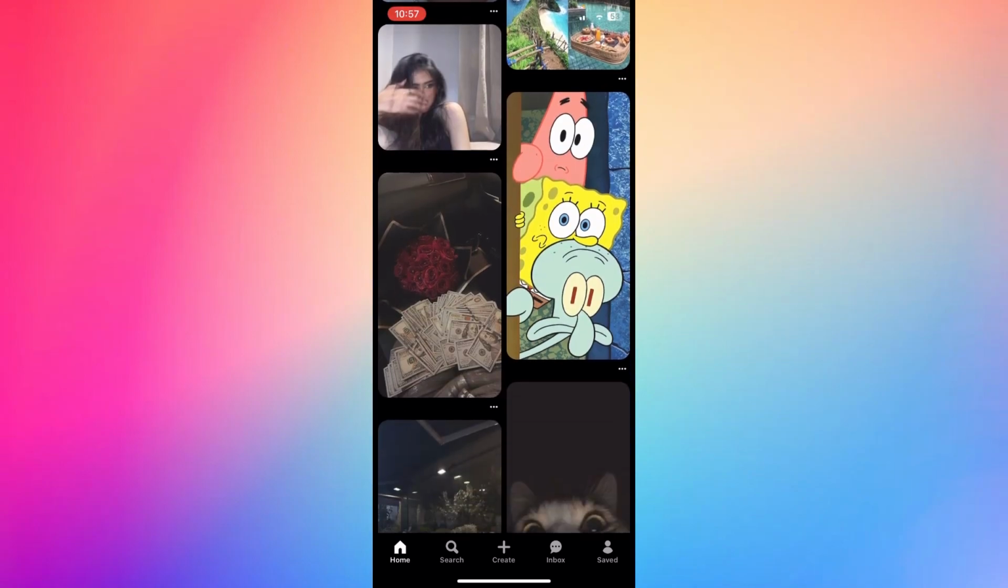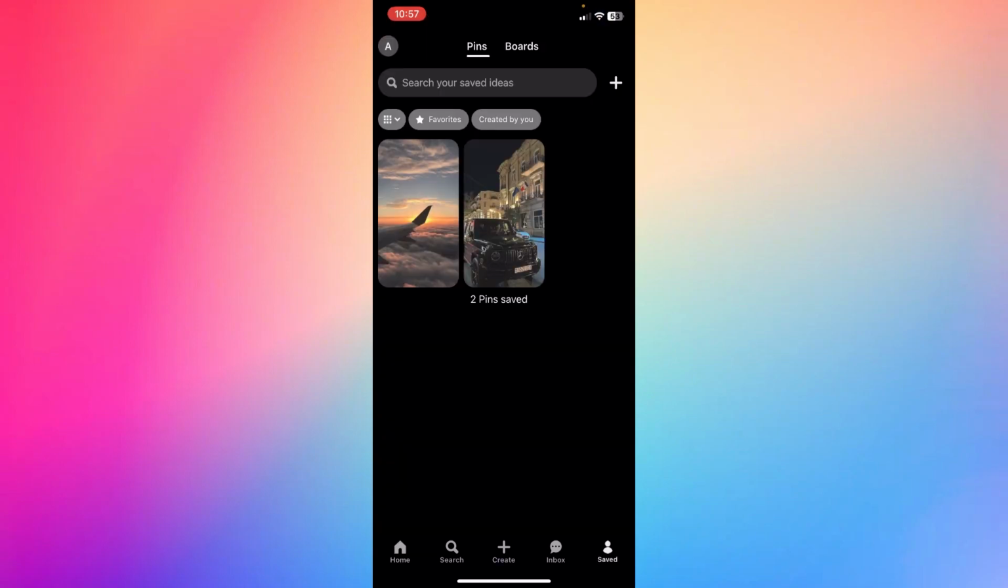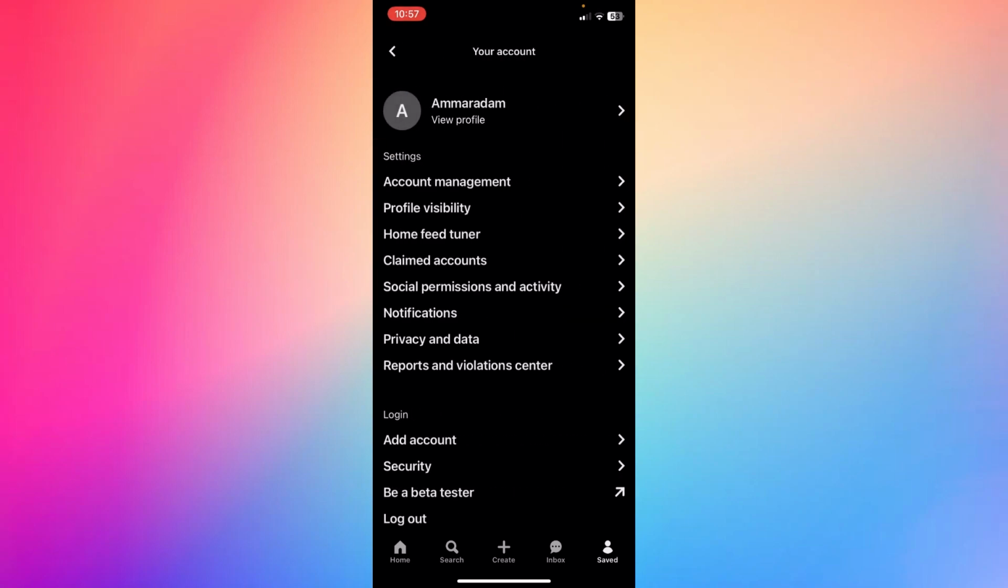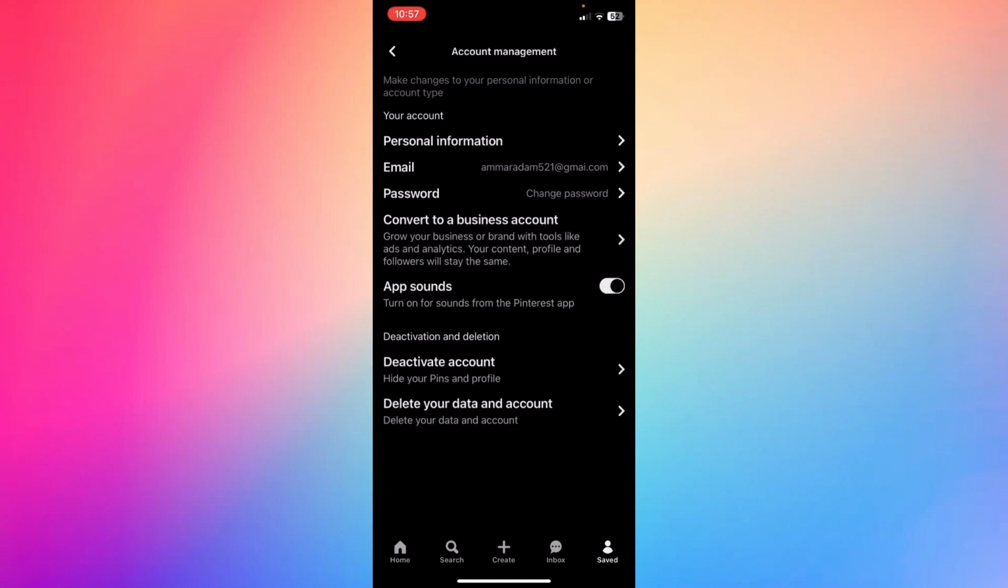Now what I'm going to do, if I wanted to delete my account, click on your saved or profile at the bottom right corner, and you're going to see your profile icon at the top left. And what you're going to do next, you're going to see right here, this is your account tool. Go ahead and click account management, the first one. You're going to see deactivation and deletion, the last section, and you're going to be able to see delete your